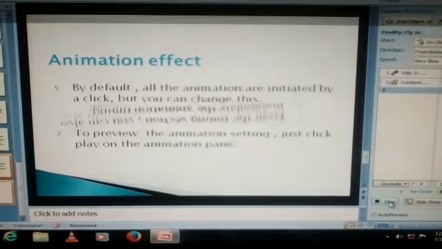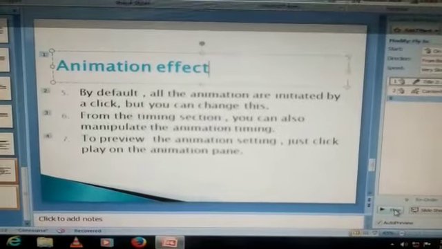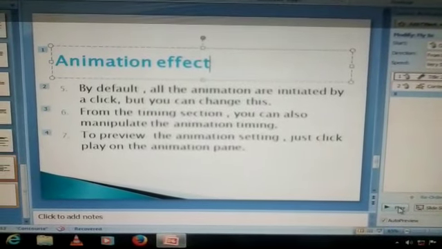You can see the animation effect. In this way you can apply effects to your slide.